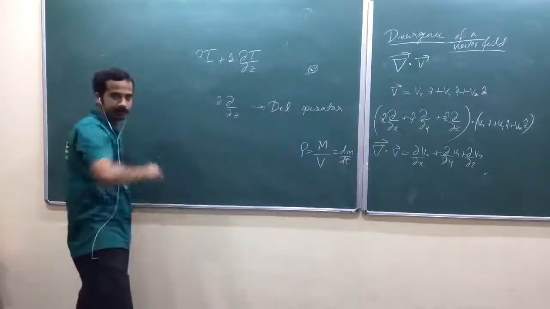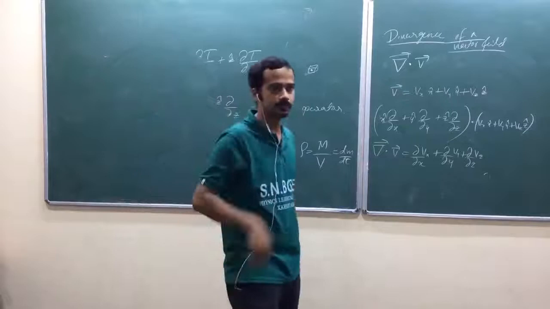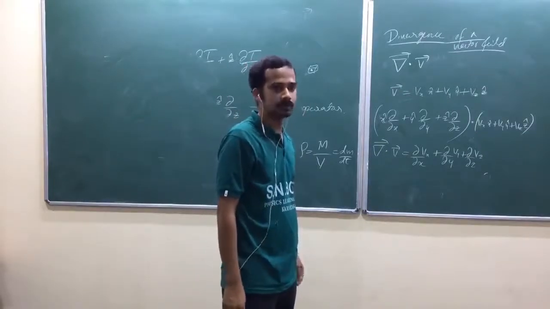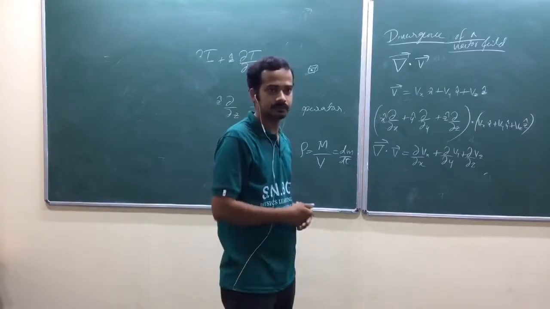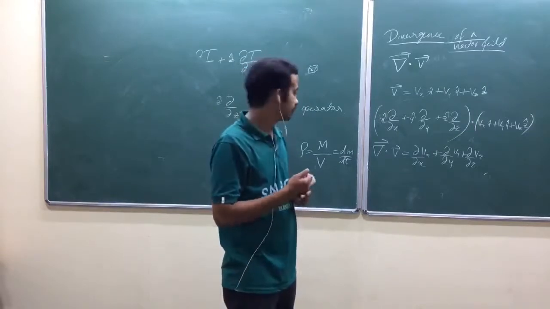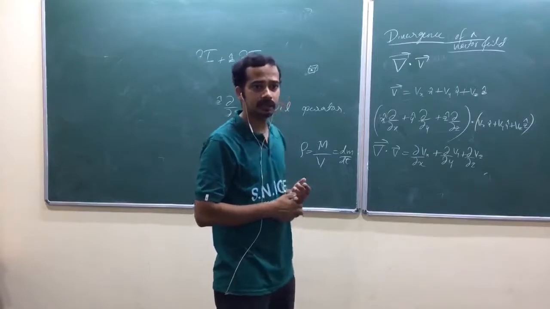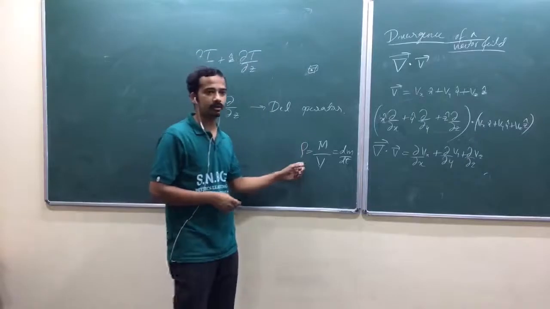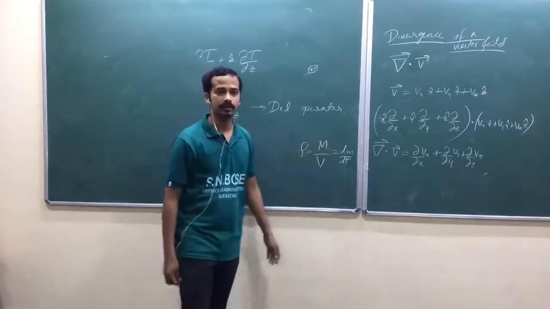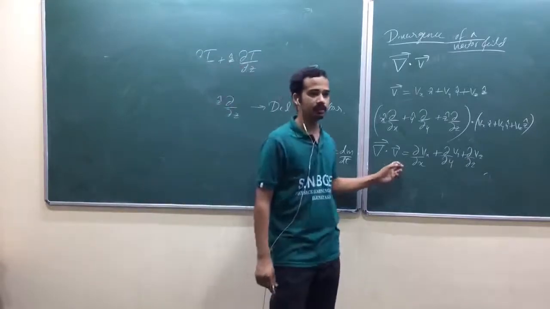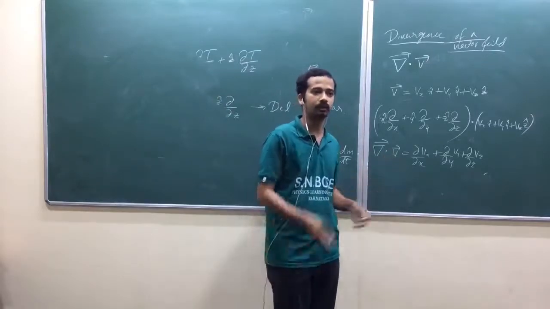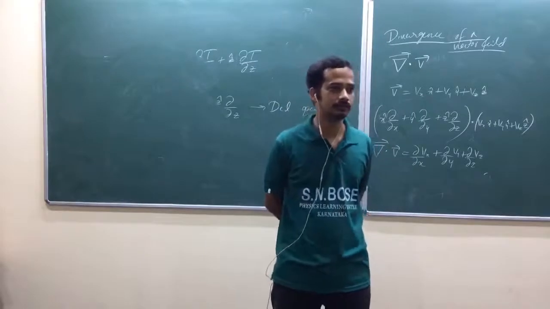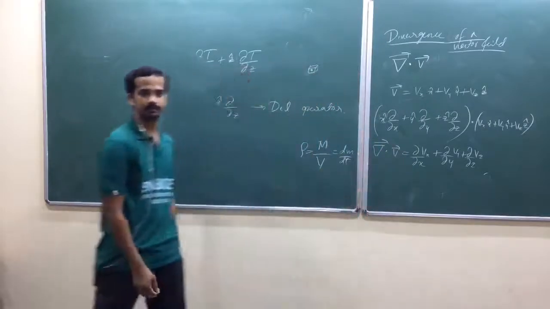Yeah, speak up. You will get total flux. Divergence? Obviously, you can integrate a scalar. Why not? You are going to integrate the rho, mass density, to get total mass. So similarly, you can integrate this flux density over a volume to get total flux. So that is actually our Gauss theorem.